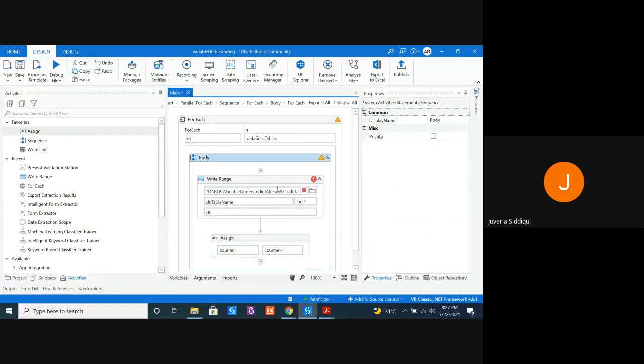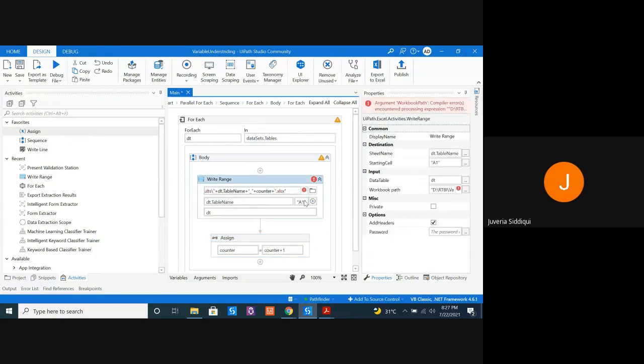We can definitely use date time, but make some changes to it.